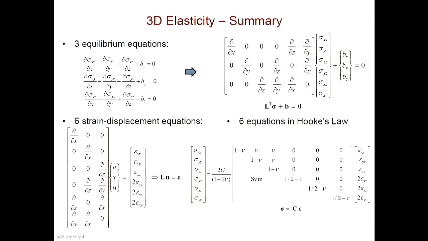So now this is the full picture of 3D elasticity. I covered this in lecture 4, but we're covering this again in case you've forgotten some of the little details here. But you can see that the stress has 3 equilibrium equations, 6 strain displacement relationships, 6 equations in Hooke's law. Combine all these things together, and what you really have is a set of 15 equations, 15 unknowns, which I can solve now. But what you can do, though, is bring it down to 3 equations, 3